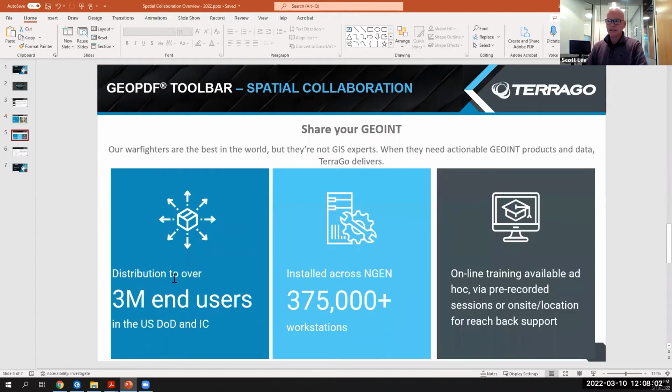Here's that slide. We estimate over 3 million end users in the DoD and the intelligence community, and that's domestically. It is a free download. So all you have to do is go to the website, the TerraGo website, and download that. We do ask for your name and email information just to make sure that we can inform you when there's another version of the product coming out. That's important on this next slide, in that